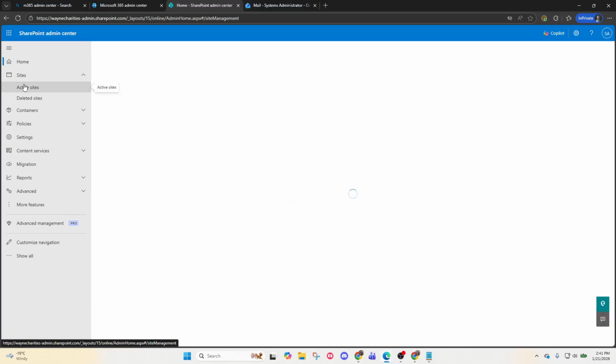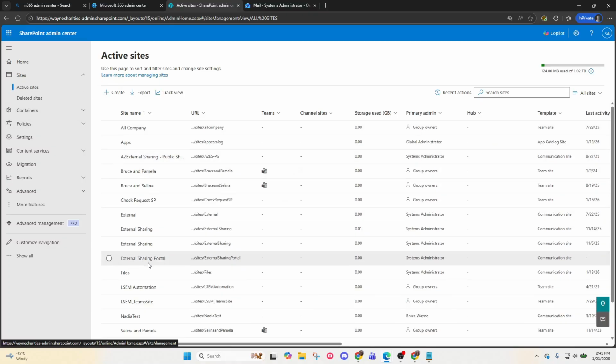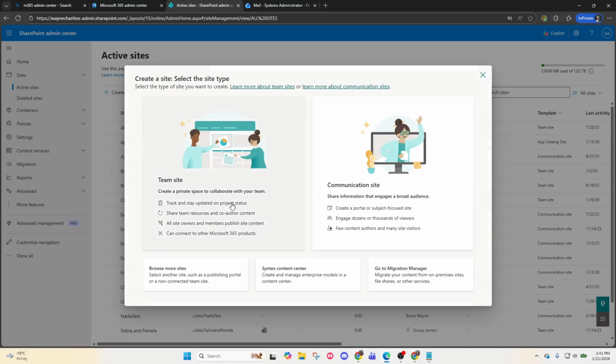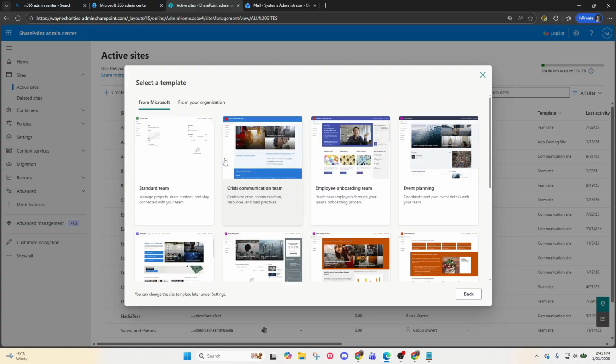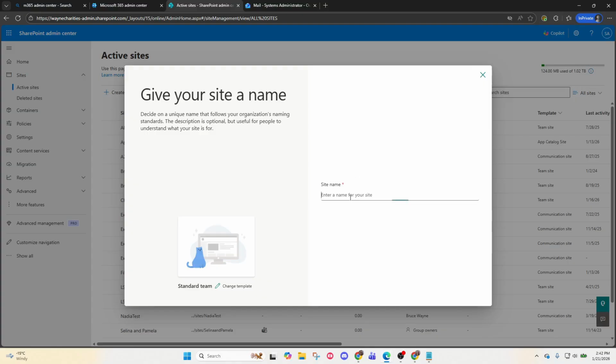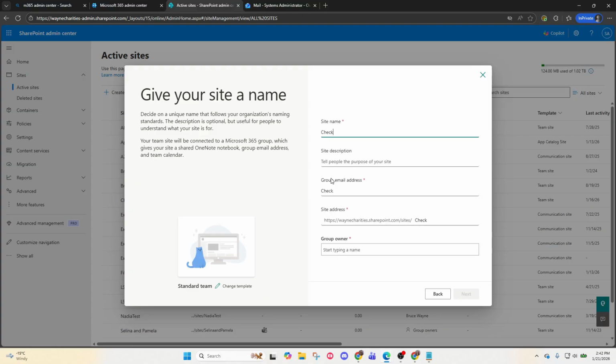Perfect. And then here, we're going to go to active sites. And see here, I already have one that I'm going to use. It's check request SP. This is a site that I am going to use for my SharePoint activities. For all my check requests, they're all going to go to this site. But if you don't have one, you would create. It's going to be a team site because this is going to be all internal stuff. This is not going to be a communication site. Team site, standard team, use template, give it your name, which again for me it was check request SP,